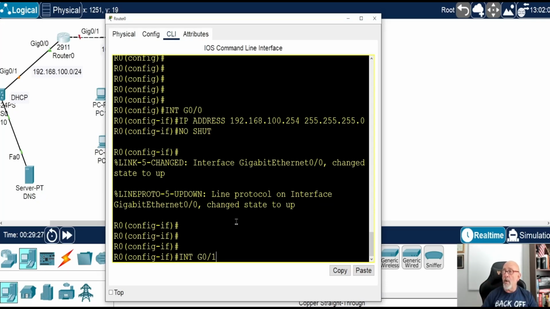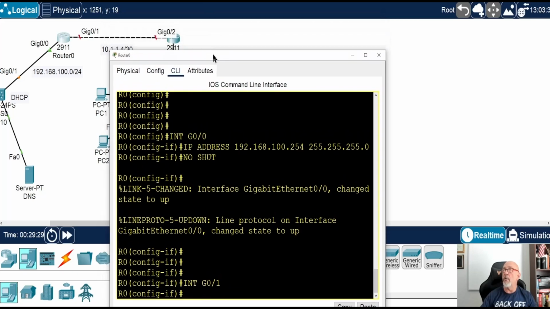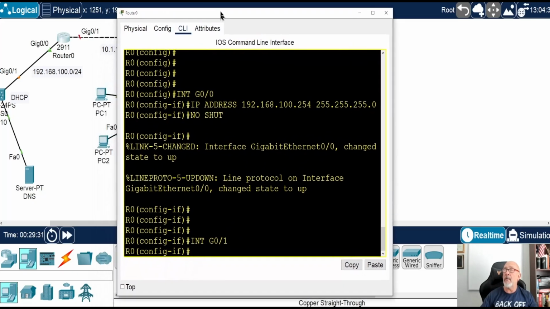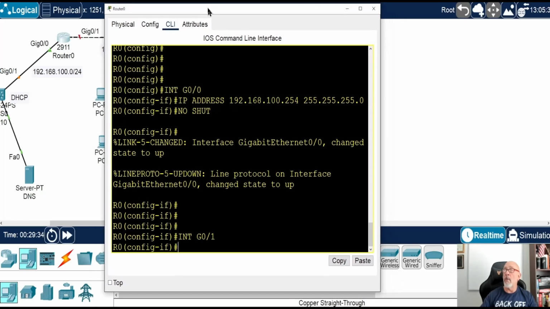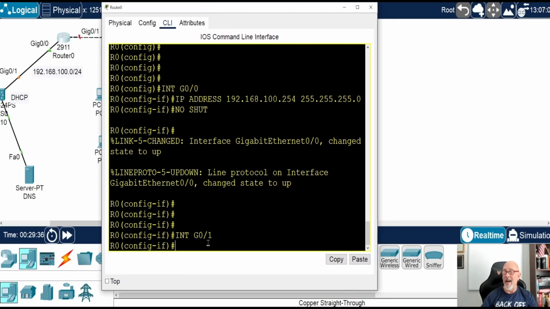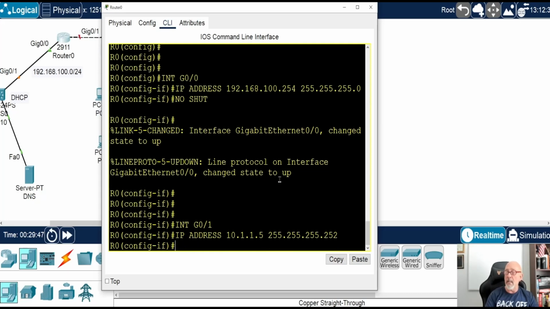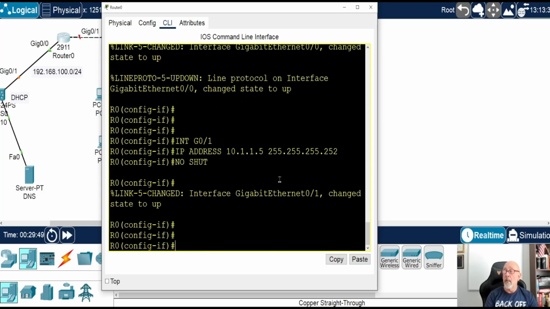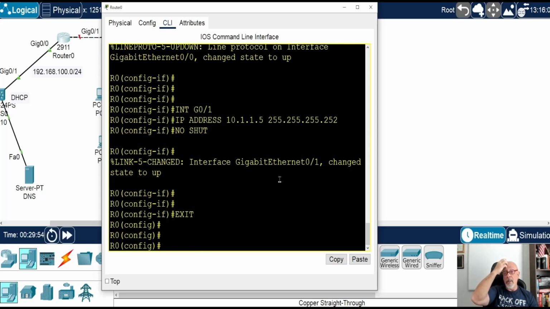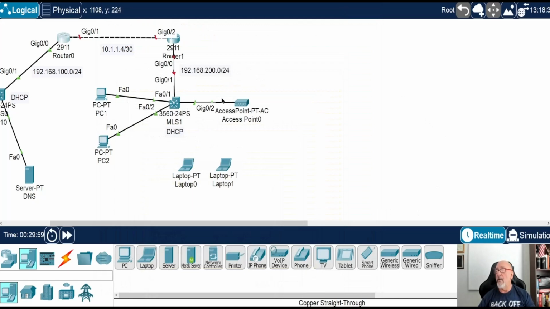So the interface G0/1, it's what I normally do. It's a 10.1.1.4 with a /30, so that means you have .5 and .6. This will be .5. So I go in there and say ip address 10.1.1.5, 255.255.255.252. And I'm going to say no shut. All right. And then now I'm actually going to configure the static route. Well, let's do that later. Let's just configure all this stuff first.